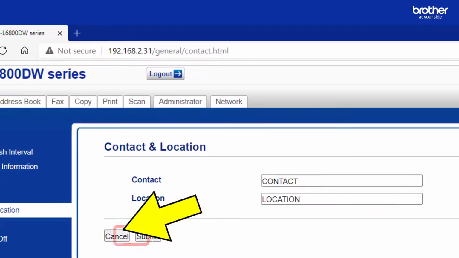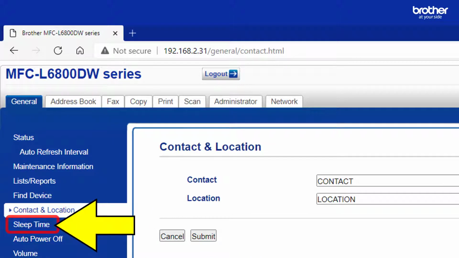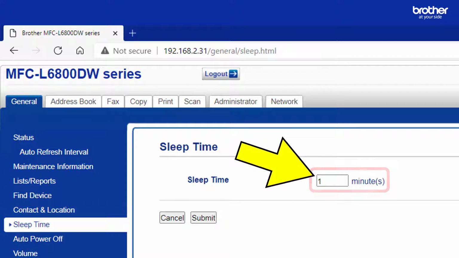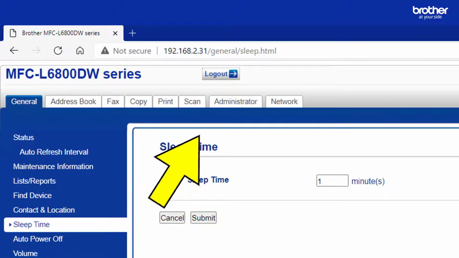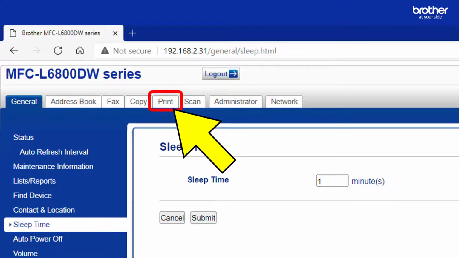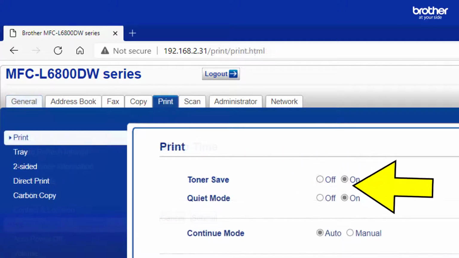After saving these settings, I then configured the sleep time. Since this setting expected a number, I left the default as 1. After saving it, I proceeded to enable both the toner save and quiet mode options.